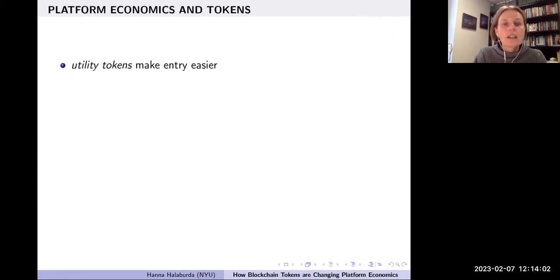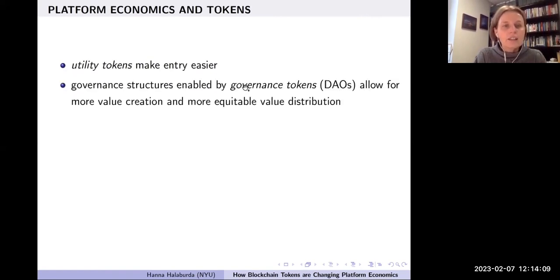And second, the governance structures that are enabled by governance tokens, so-called DAOs, the decentralized autonomous organizations, allow for more value creation and more equitable value distribution. So both of those